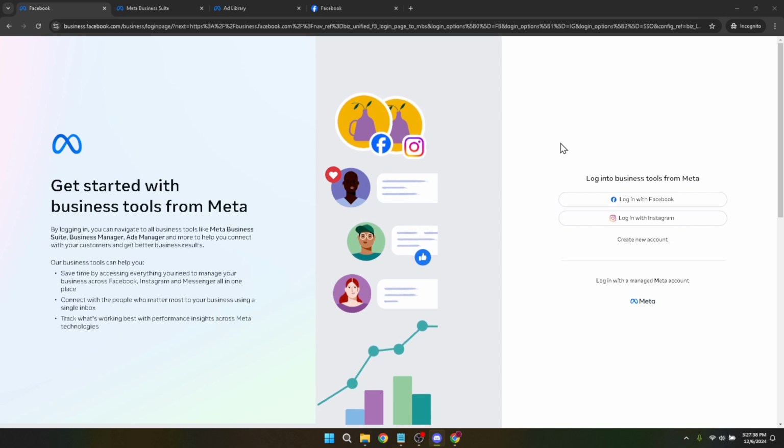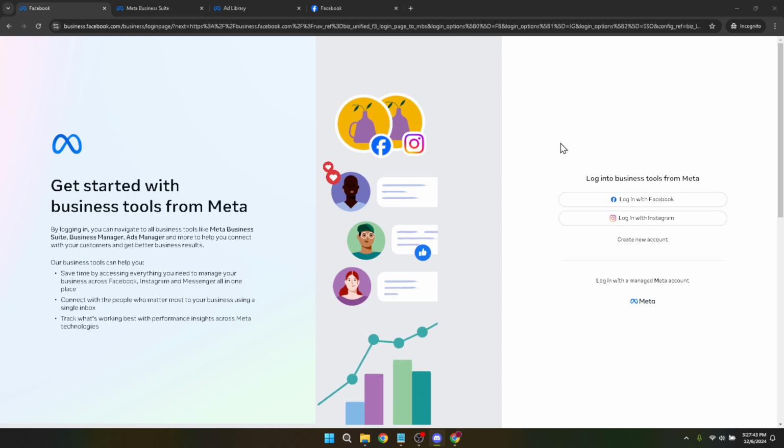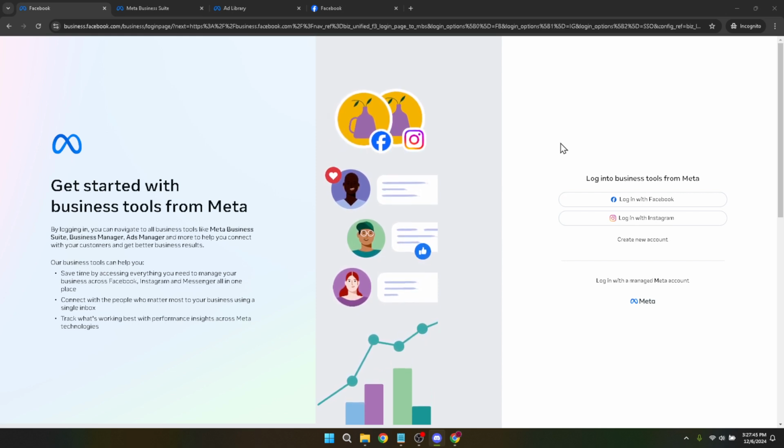First off, begin by navigating to Facebook. This step is as simple as it sounds. Open your web browser on your computer or mobile device, type in the Facebook URL, or tap on the app to get started. Ensure that you're logged into your account to proceed with the next steps.